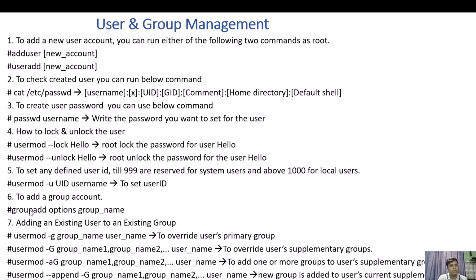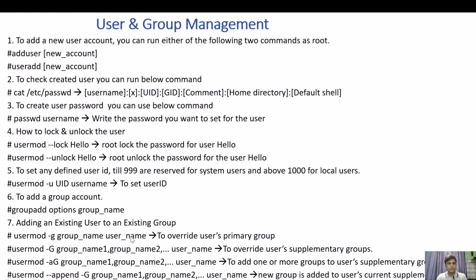To add a group, you can use groupadd with the option -g to create a group ID, and then the group name. Suppose you have created n number of users and n number of groups, and you want to modify those groups, you can use usermod -g group name and then username.